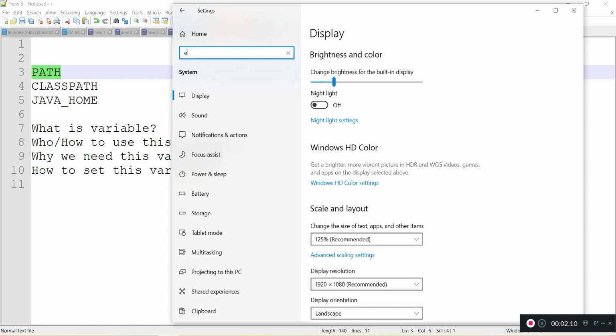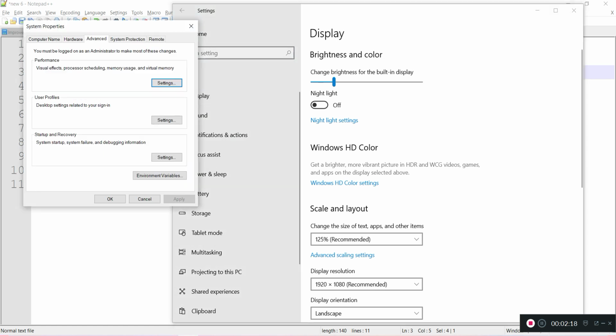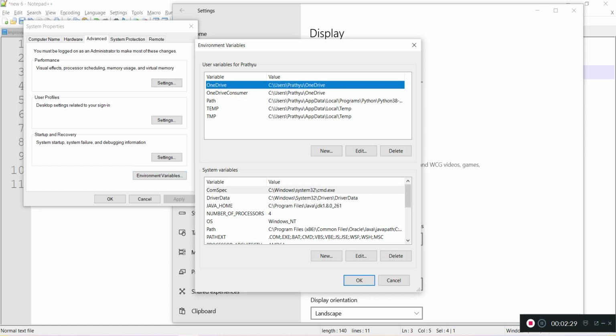Here search for env or environment and go to the second option, Edit the system environment variables. It will take you to the environment variables. Here in System Properties, in the Advanced tab, we can find the Environment Variables button. Click this one. Yeah, this is Environment Variables.